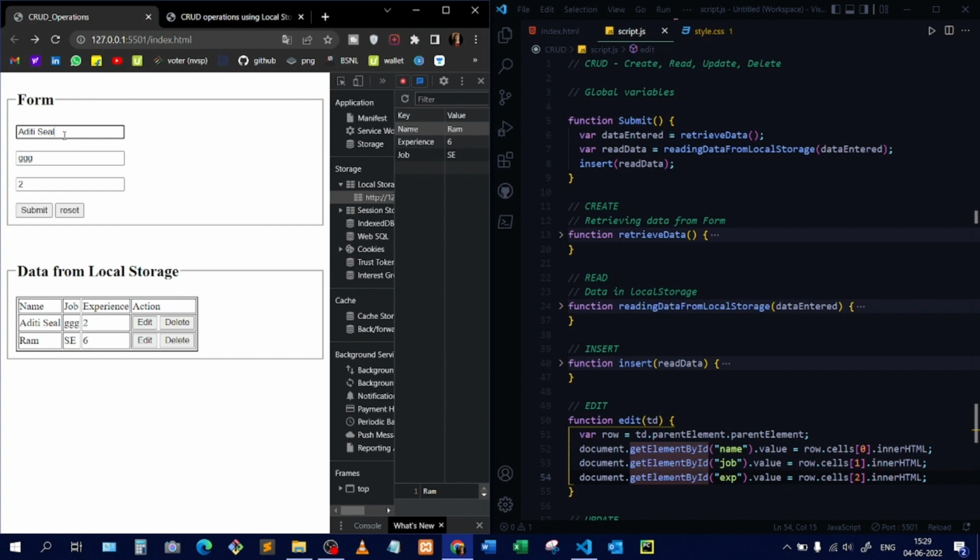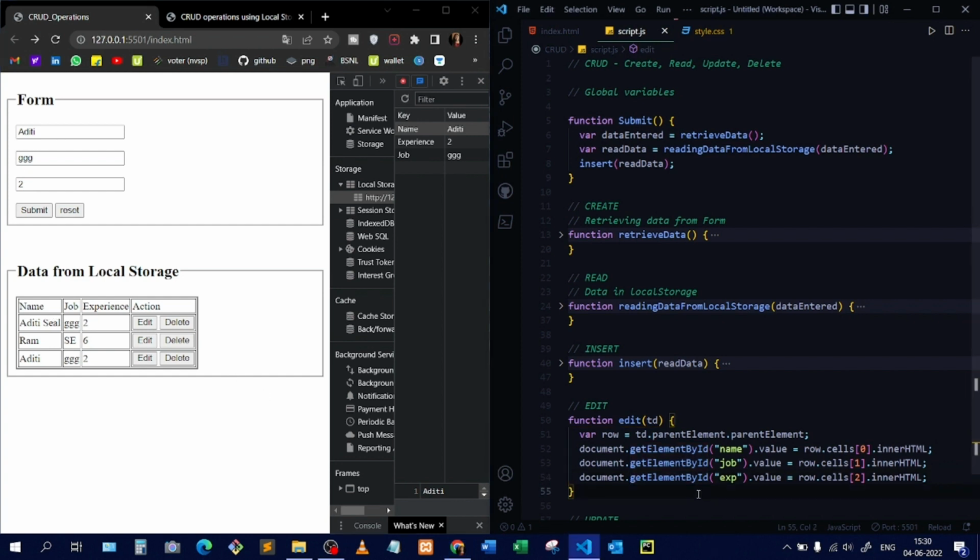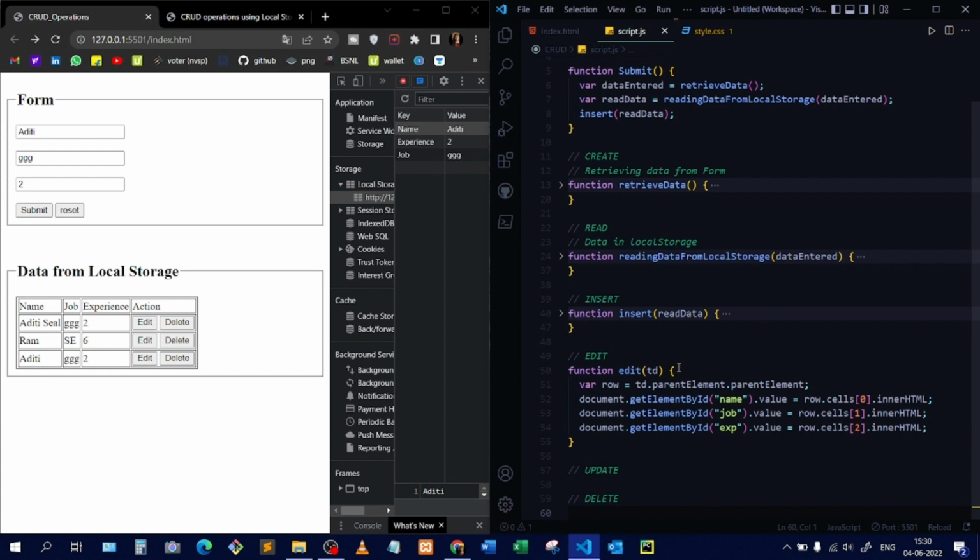If I update this, I'll just delete the title and click submit. You can see it is creating a new row and new data, and it is not being updated in the same row, right? So for that, I'll have to define the update function. So this was all about the edit function. I'll just minimize this